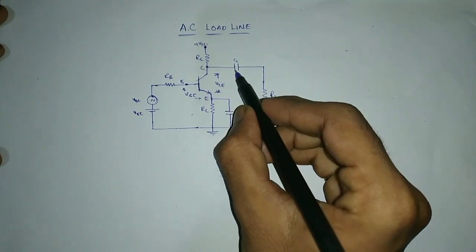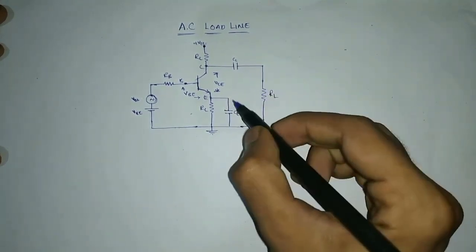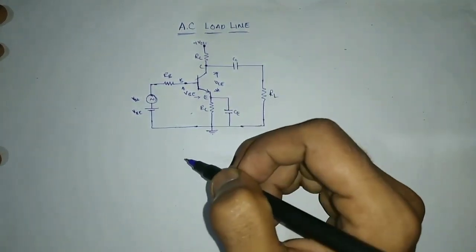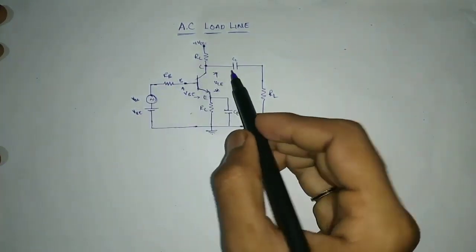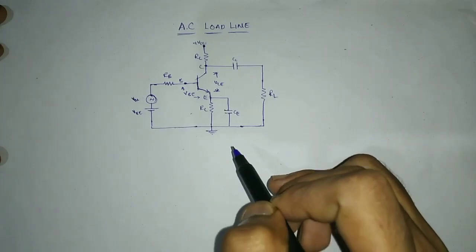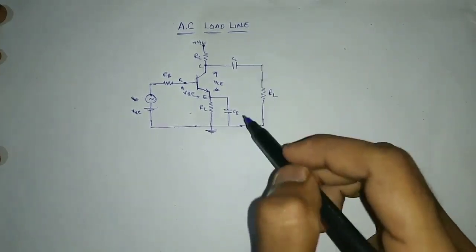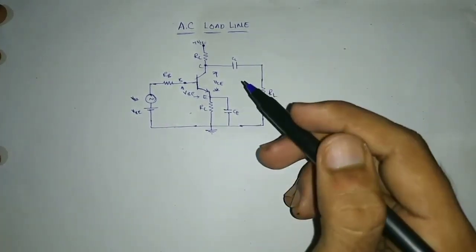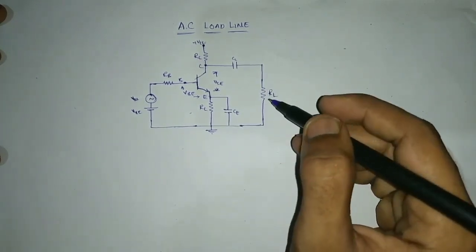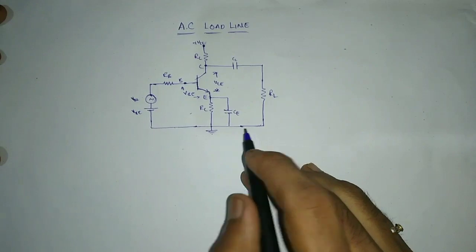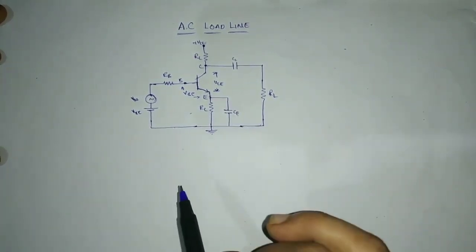We are using some other components, that is capacitors. We are using these capacitors because this is the AC voltage at the input. For the proper coupling, we are using capacitors. These capacitors will offer very less impedance when compared to resistors with the AC. So we can neglect the impedance of these capacitors.